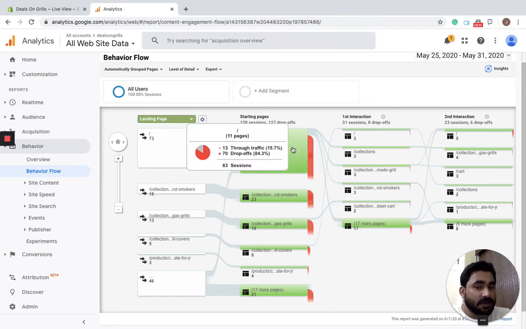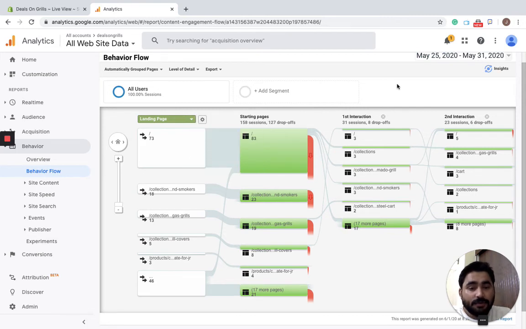It means either my homepage is not particularly optimized for the traffic, people are not liking my homepage, or people are not finding things relevant to their need. It means either we are targeting a very wrong set of audience, or our audience is not in need of the products that we are selling as of now.